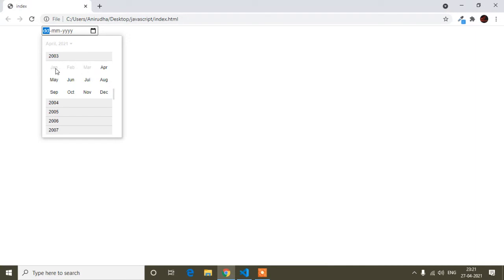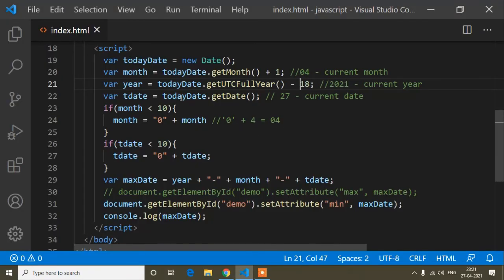And here you can see January, February, March are disabled because I set today's date, today date dot getDate. That means it returns 27 and getMonth returns 04. Suppose I did not write +1 here, that means it would return the previous month. That means I could select up to March.